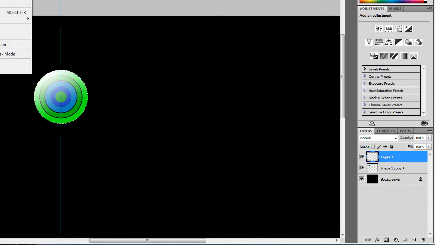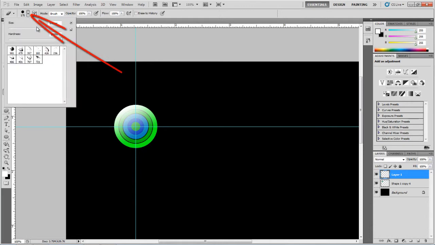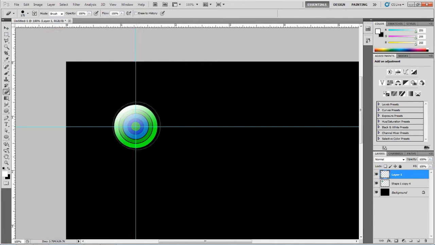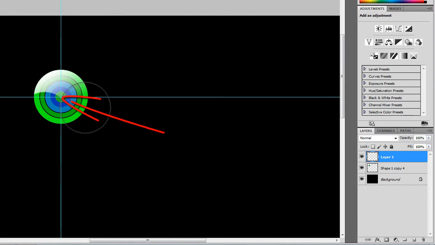I'm going to go up to Select, Deselect, and then I'm going to get my eraser tool, which is right here. I'm going to change the size of my eraser and make sure that it's 100%. The size should be about the size of your circle, something like that. And then I'm going to click right here, but the eraser part is going to cross over where my two guides are. So something like that right there, and